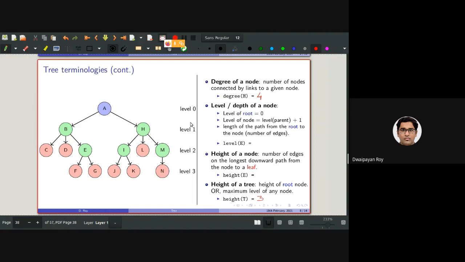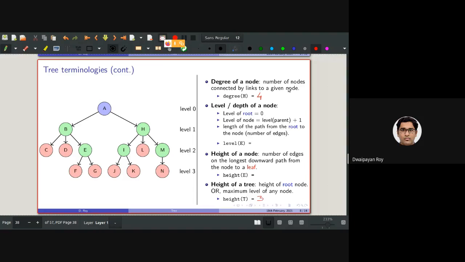Another definition is the number of descendants of a node. Again, the number of descendants is 3. Another way of defining the same thing is the number of branches of that node. Again, you can see there are 3 branches. But the number of nodes connected by links to a given node is the most accepted one. So that's why we will be following that definition only. All right. So now I'm asking you a question. What is the degree of the leaf nodes? Can you say using this definition?